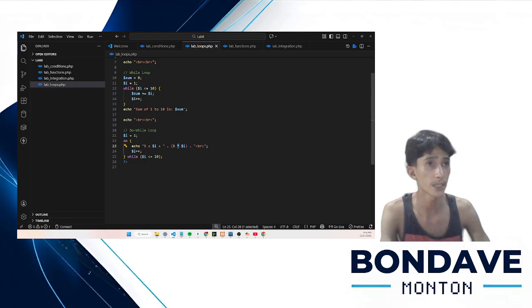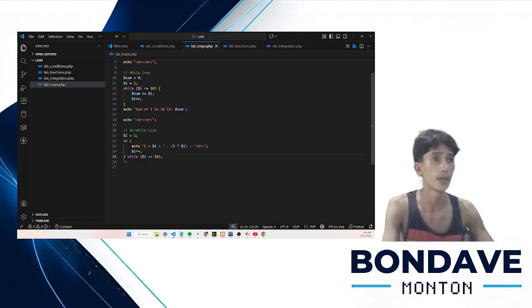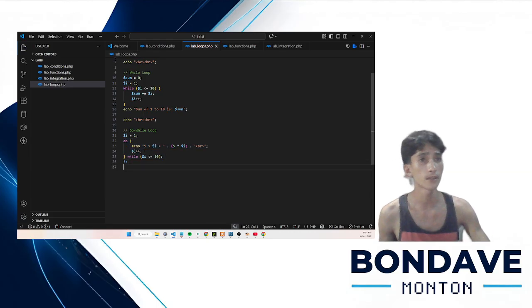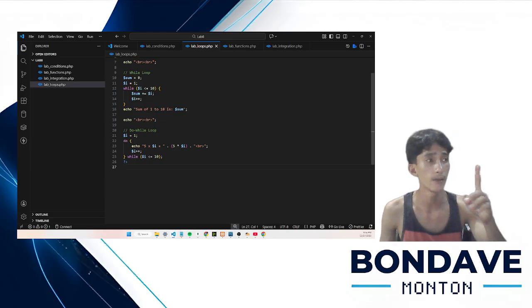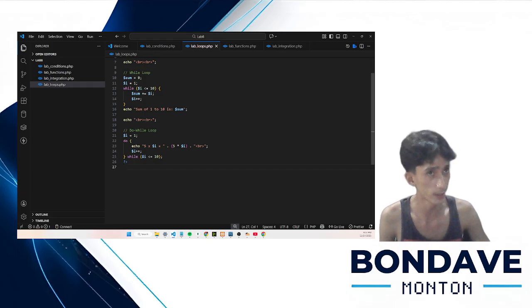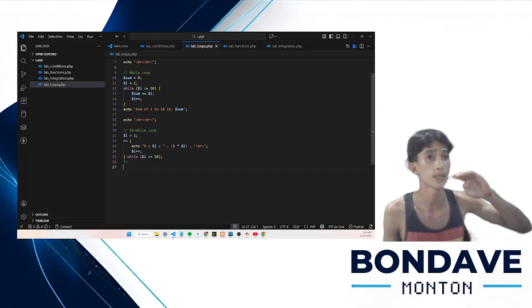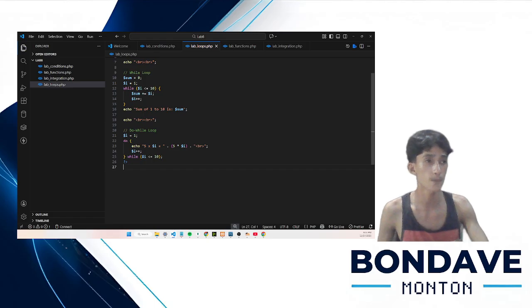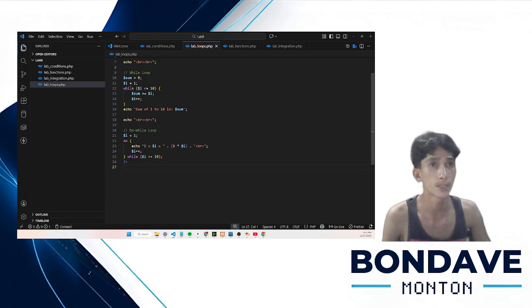The sign right here is called times, or multiplication. So the expected output right here is from 5 times 1 all the way to 5 times 10. That would be the expected output of this code right here.